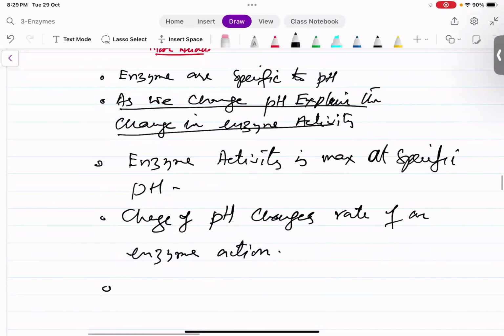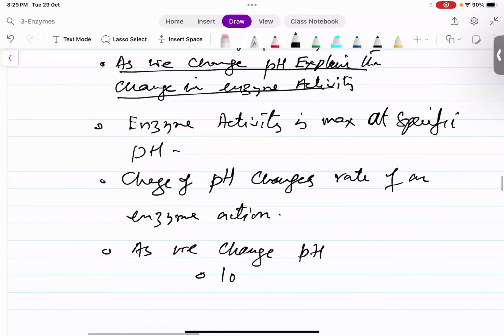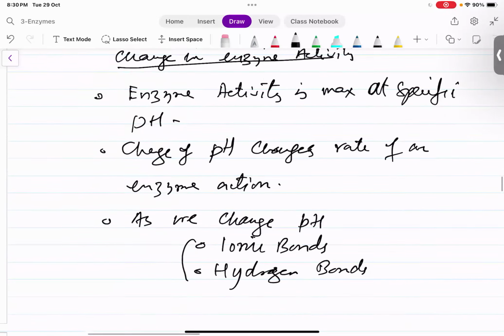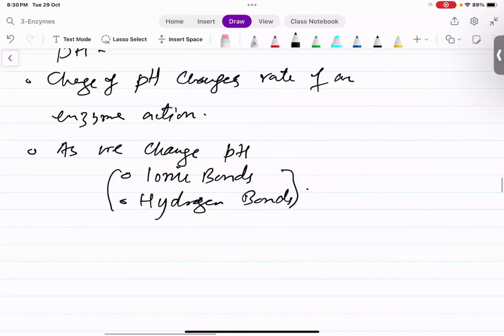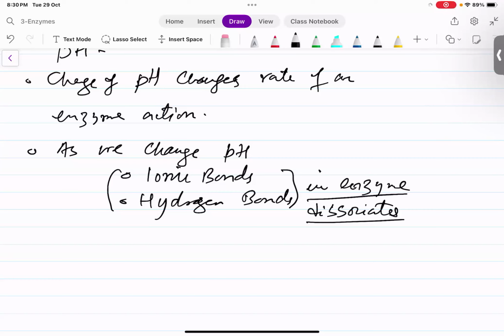So as we change pH, ionic bonds and hydrogen bonds in proteins or in enzymes... You know, the enzymes are made up of proteins. So in enzymes, which are globular proteins, made up of proteins, and they have a tertiary structure, these bonds dissociate. So as a consequence of dissociation of these ionic bonds and the hydrogen bonds, the tertiary structure